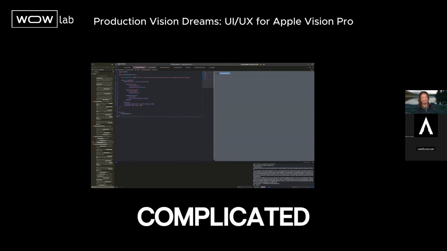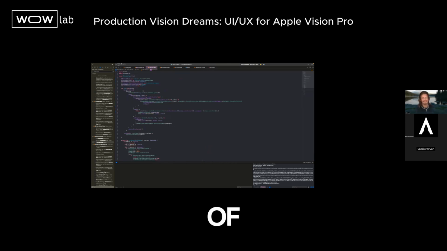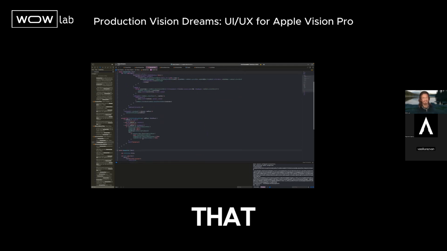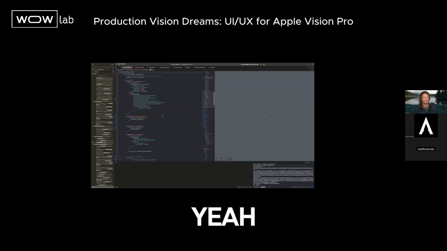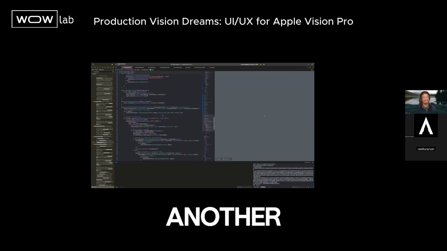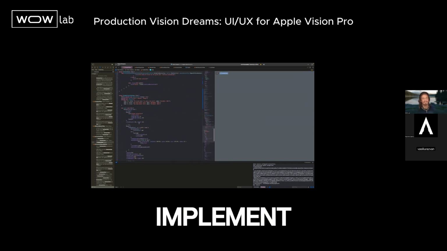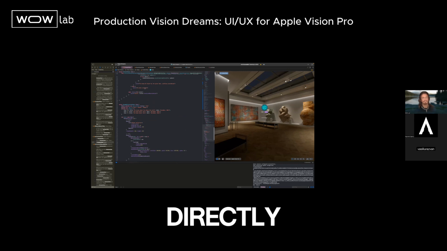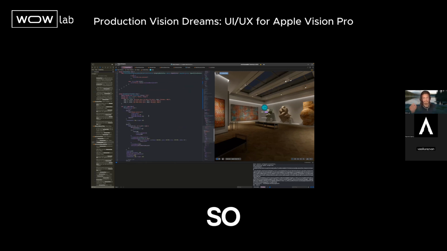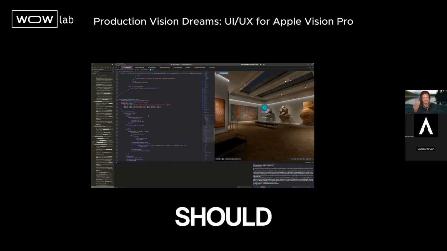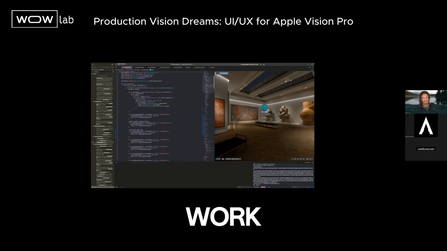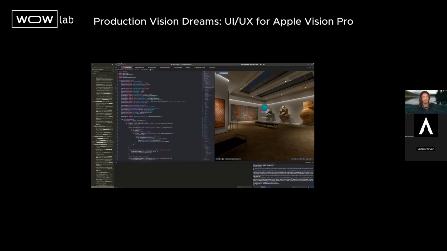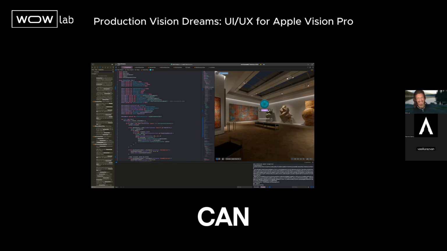Nothing too complicated, just to get the hang of this. This is actually a file that I had before. Another best practice: we shouldn't implement structures and classes within the content view that do not relate directly to the content view. So it should work right now. Let's see if I can actually